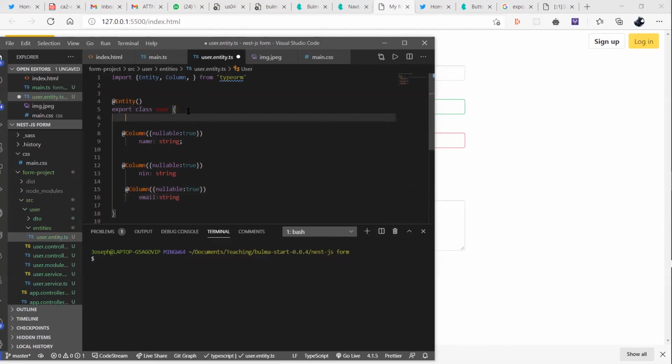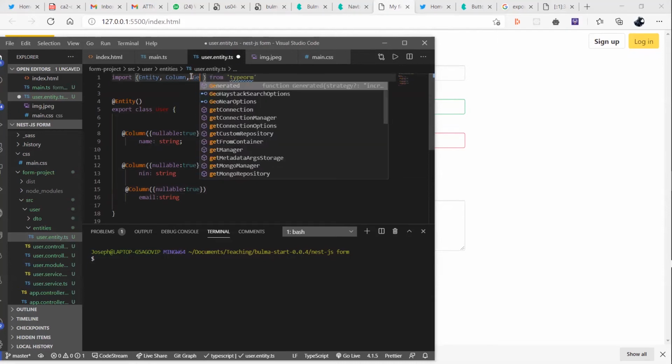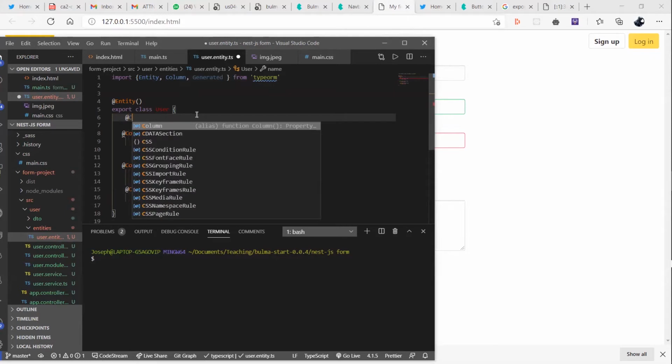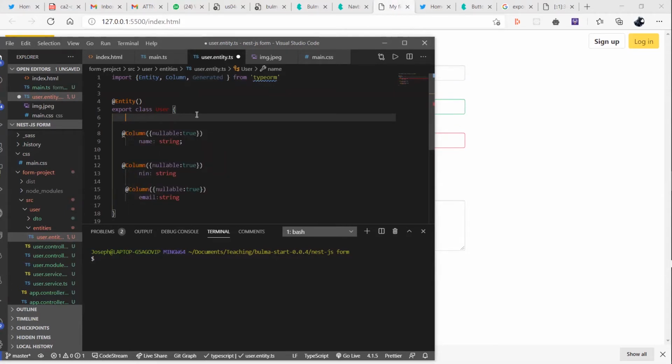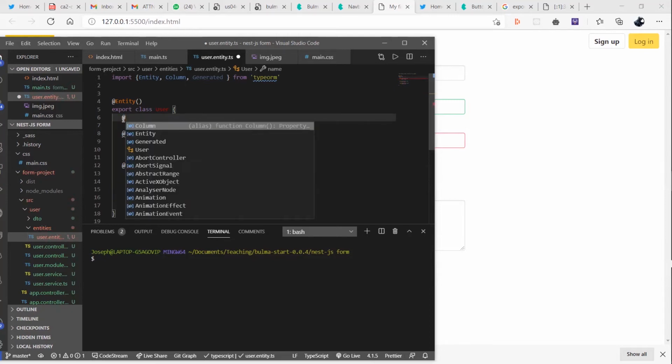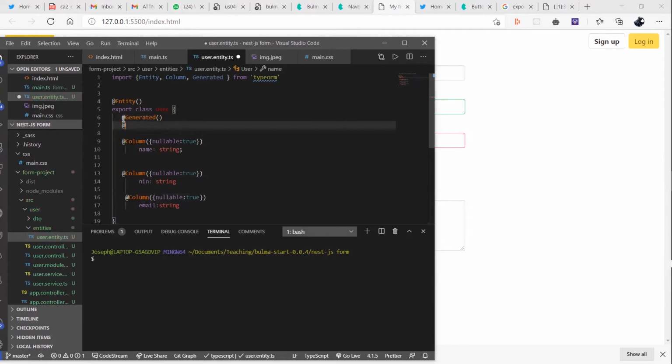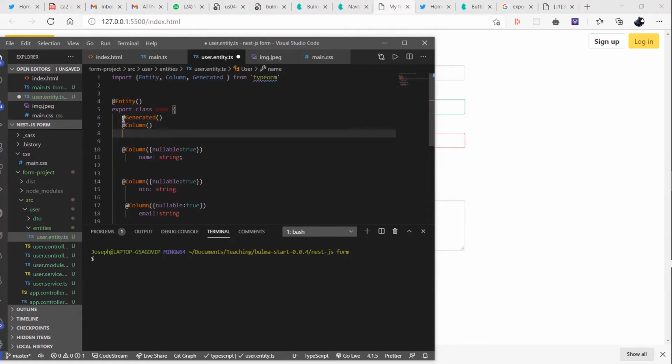And then we can also, why not, make an ID. Let's import something else: Generated. So Generated is basically a decorator for something that should be generated, for instance like an ID. We're not going to assign IDs for every user individually, so it's better for the system to generate it automatically. At Generated, at Column. Okay, so we're creating a generated column now called ID. Then it's going to be a number,